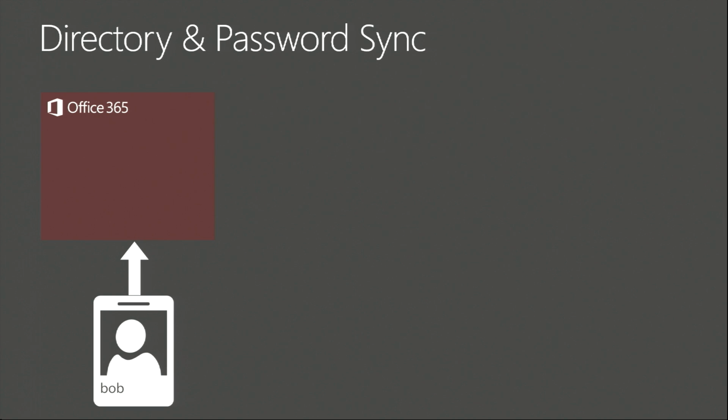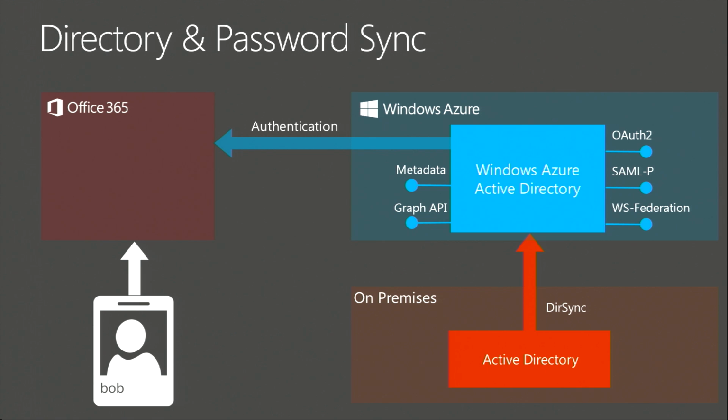The next one up is directory and password sync. So for Bob to sign into Office 365 with a DirSync synchronization, we already have Bob's account in an on-premises directory. What we're going to need to do is install DirSync onto that environment, which will then push the user accounts into Azure Active Directory. And this will in turn allow Office 365 to use user accounts that are using exactly the same credentials as your on-premises Active Directory to sign into Office 365. So it is a form of single sign-on.